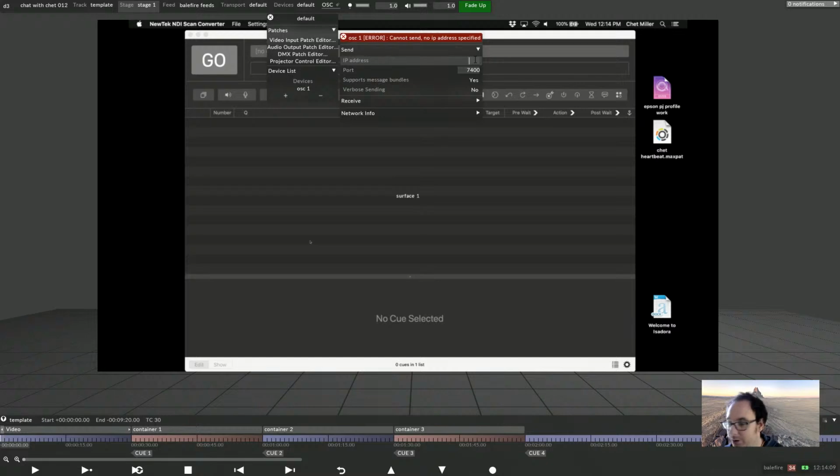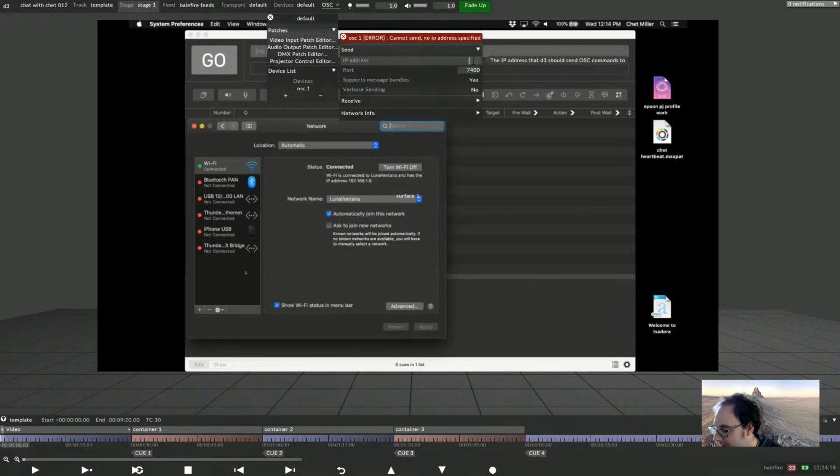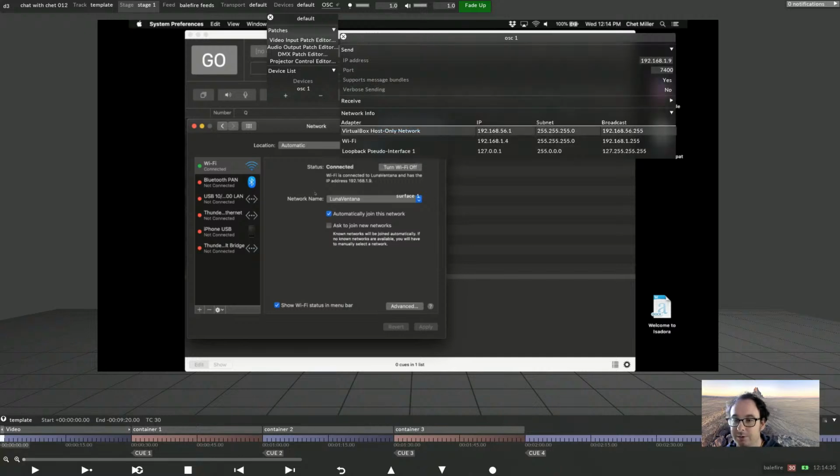So if I open my network preferences, we can see here, I'm currently at 192.168.1.9. Brilliant. And I'm sending the port 7400. Additionally, on my network info here, 192.168.1.4 is what my laptop running D3 is on. So I'm going to come over here,